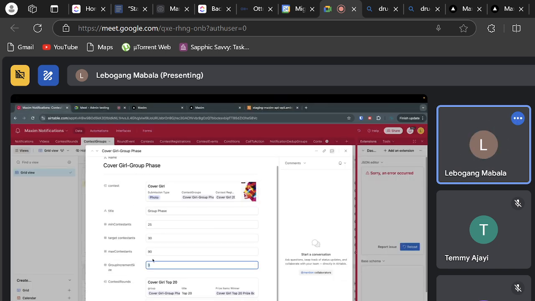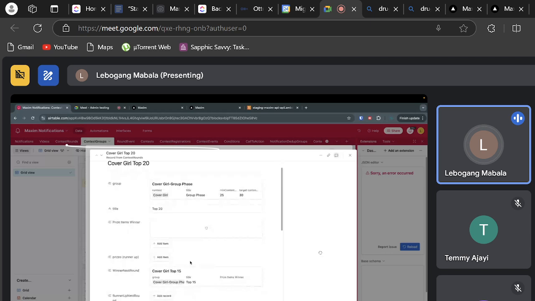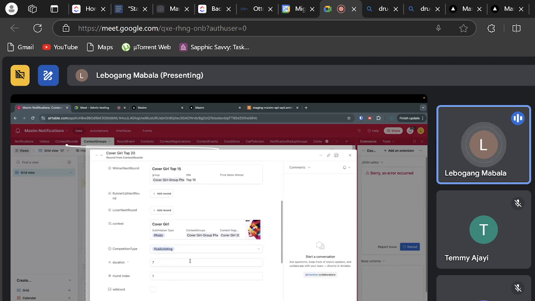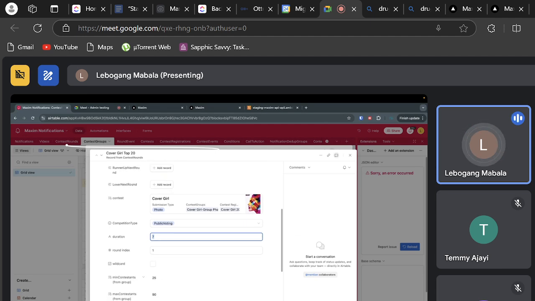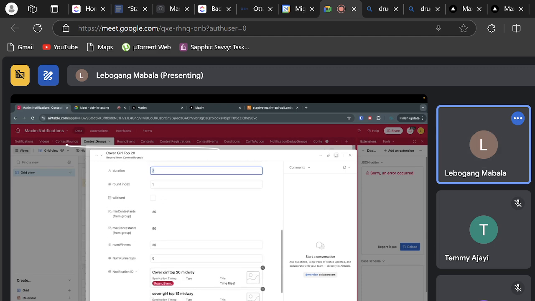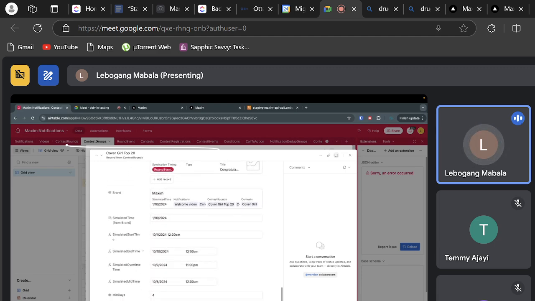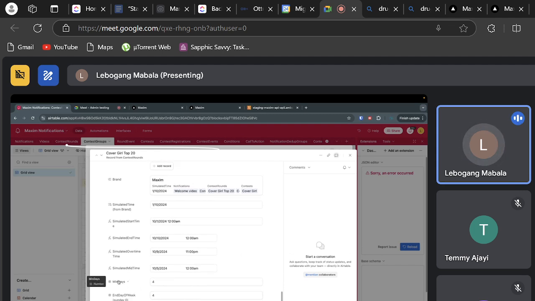Let me show you. For this one, we have contest rounds, right? If we look at here, the duration is how long the round is, right? But then the minimum number of days, right?